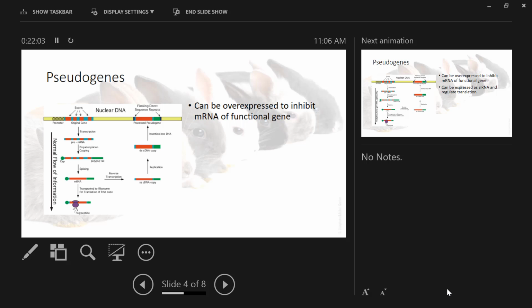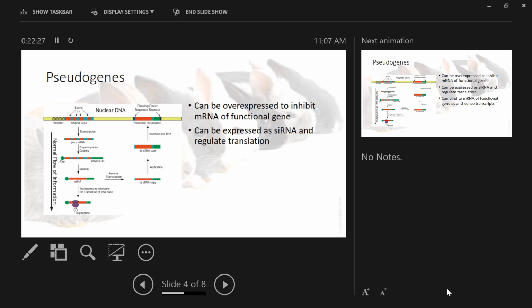Okay, so this is one of the more minor or rare ways in which these regulate the expression of the parent gene. Wait, so you said pseudogenes become the most regulatory? Yes. The bulk of the regulatory elements of other genes. Yep. So they can be expressed as what we call